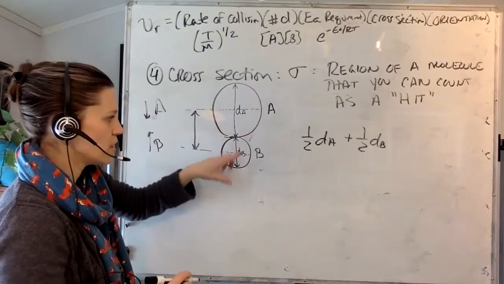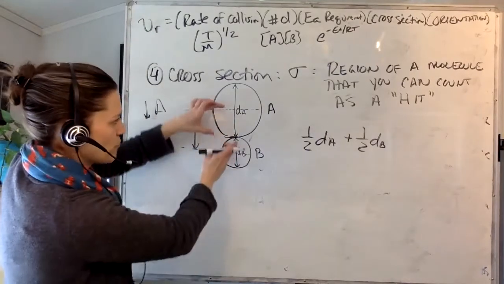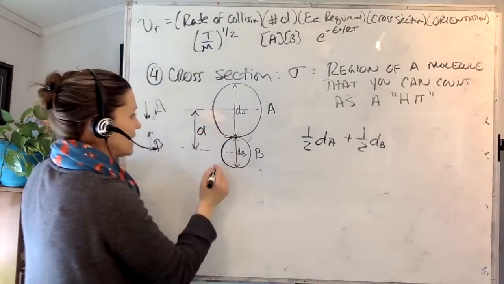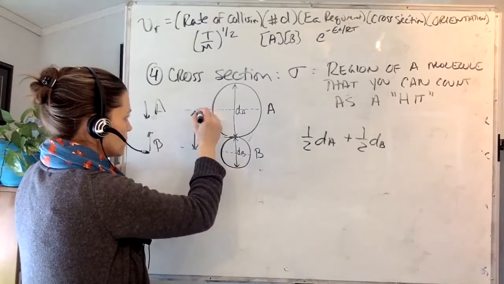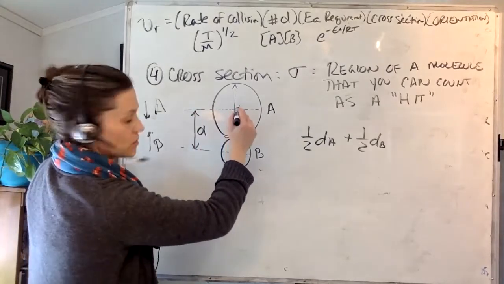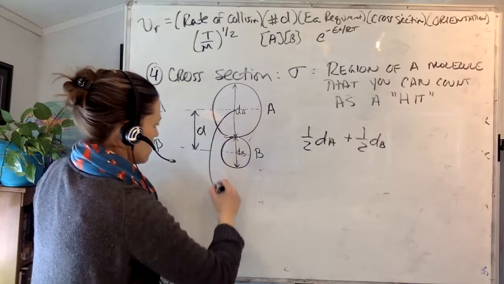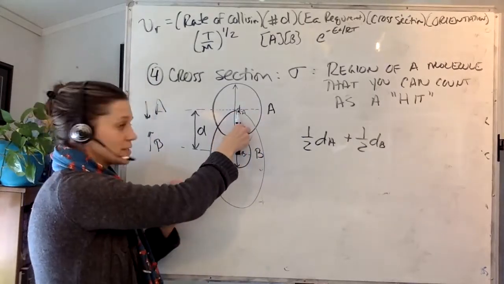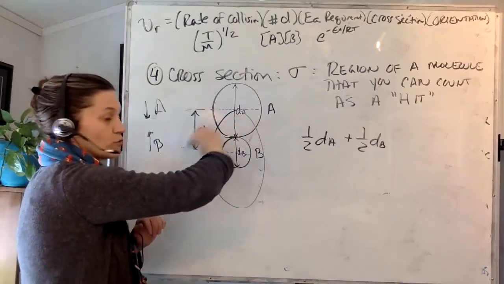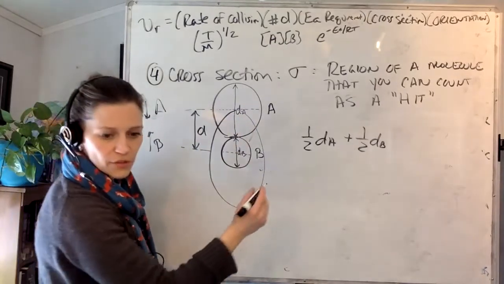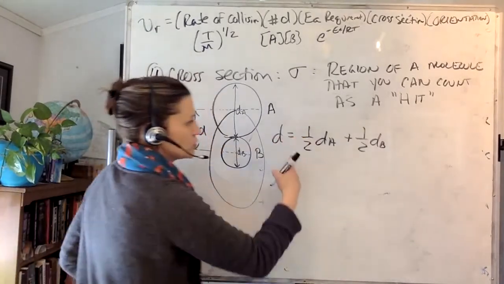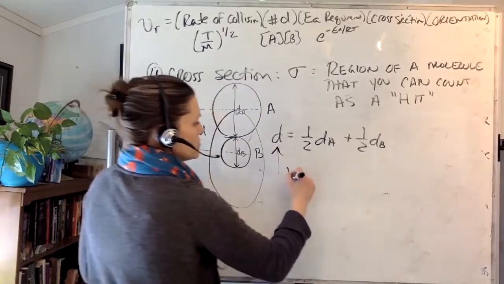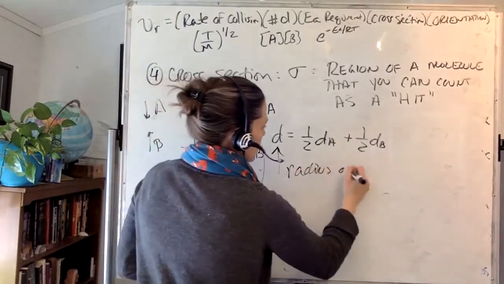So if half of B is this far away from half of A, there's this distance, which I'm going to label D, such that this D is now the radius of this area around B. So that means that D is equal to 1/2 dA, the diameter of A, plus 1/2 the diameter of B, and this becomes the radius of the region